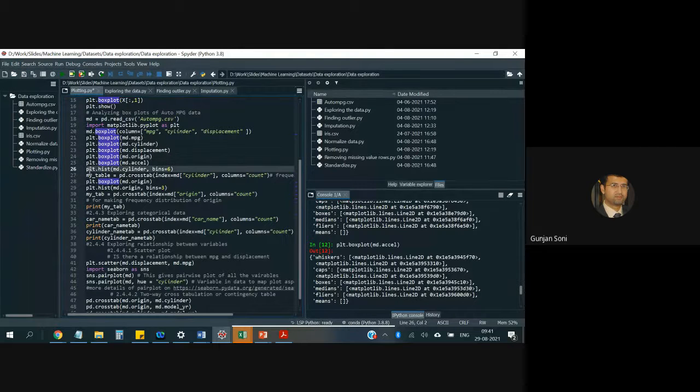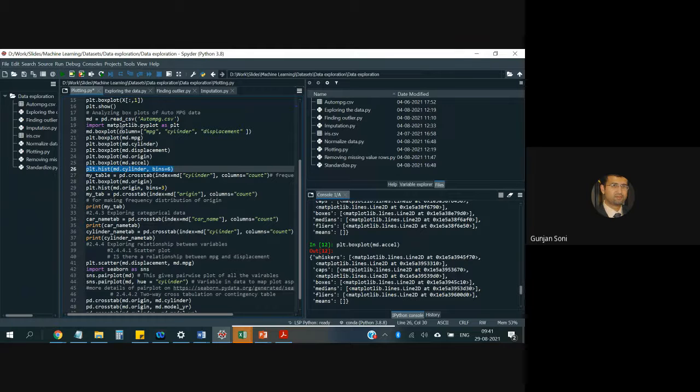Now we can also visualize the data with the help of a histogram. So I'll just run this one. The command is plt.hist when I want to make a histogram, and the package associated with making plots is matplotlib.